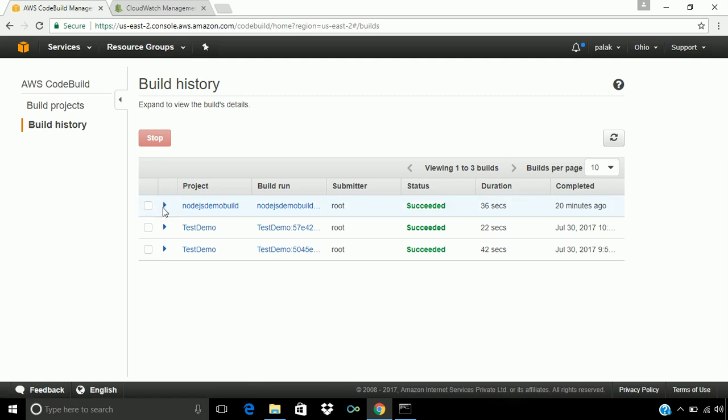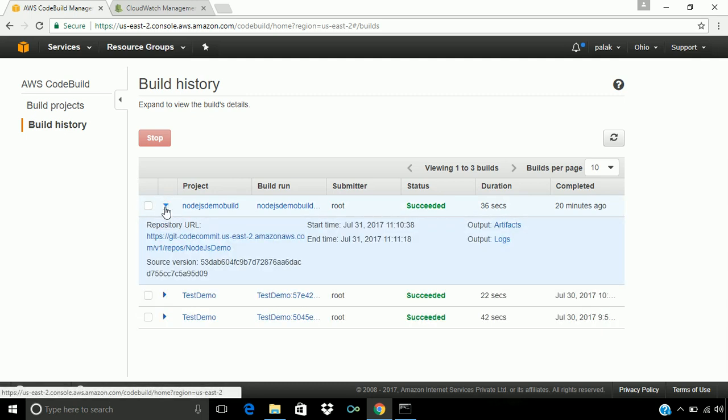Here we can see all the detailed information for that particular build, like what was the source provided, what was the source version used at the runtime of that build, the start time and end time of that particular build, the artifacts link is also provided, and the logs are also provided for the specific build. So here we can track all the builds and their information from this history tab.